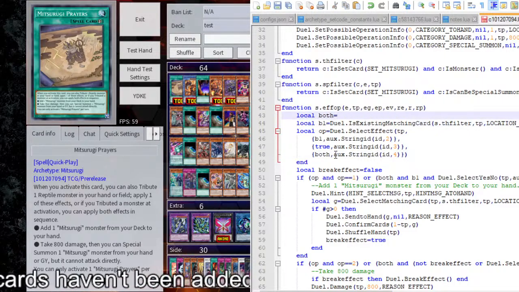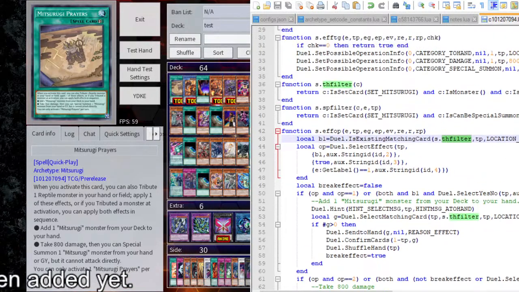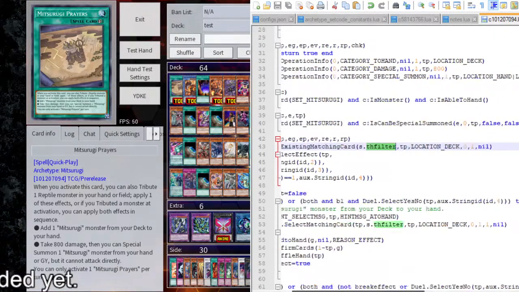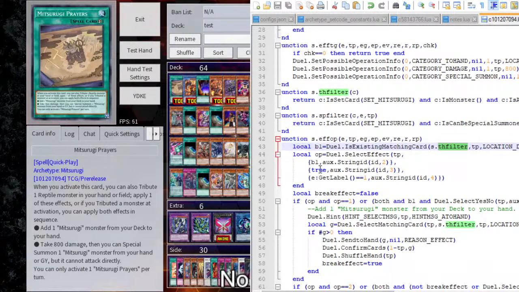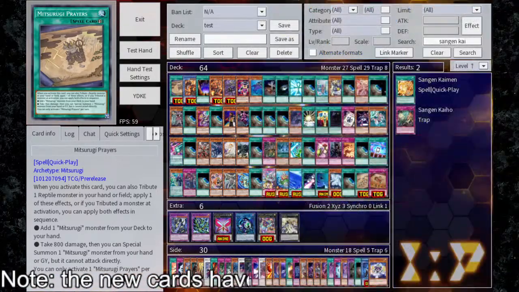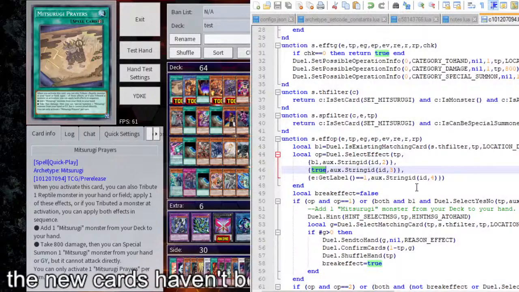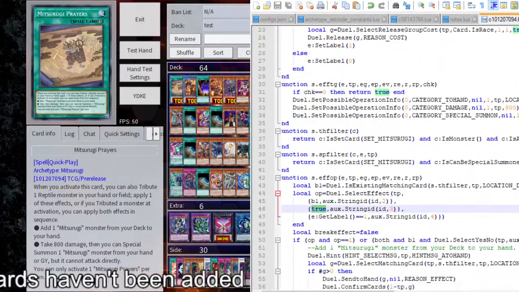I guess we could do this actually. So then immediately, B1 is the searching, so location deck, Mitsurugi monster able to hand. B2, quote unquote, doesn't exist here, but it's the take damage one, which is always true. You can always choose to take damage, and special summoning is optional. So we don't need to check that. And then both is when the label